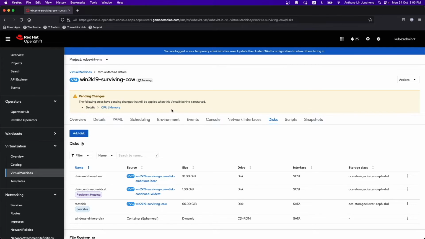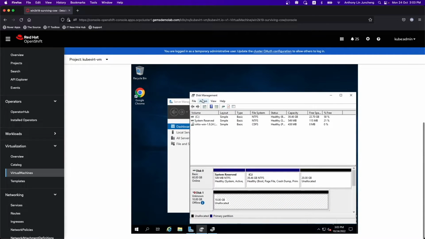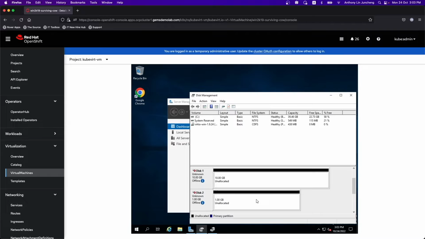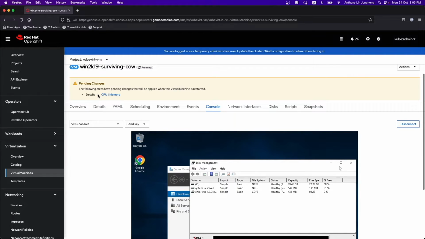right? So we go back to the console. We just have to do a rescan. And now it's able to see that 1 GB disk as well. So here we are able to very easily just slot on a new disk onto these virtual machines, right? So in order to